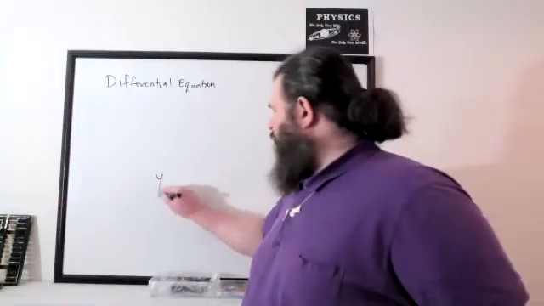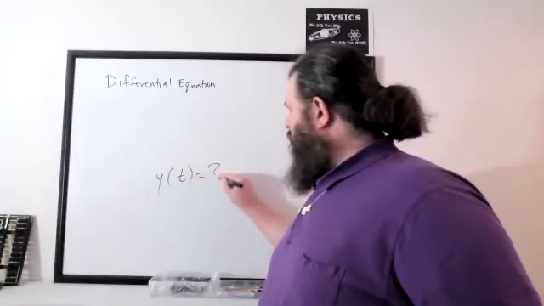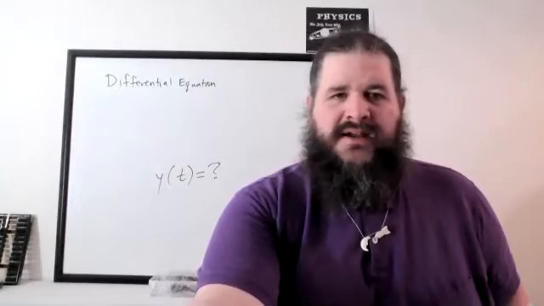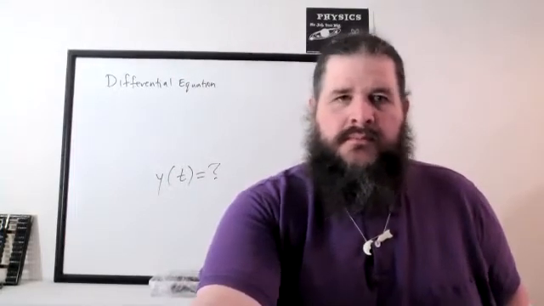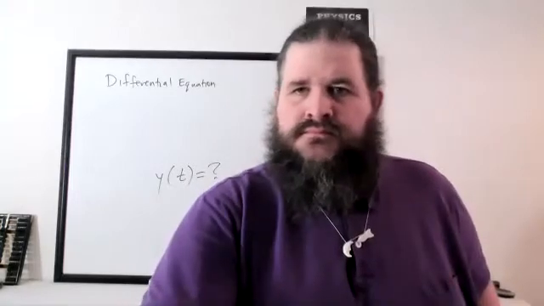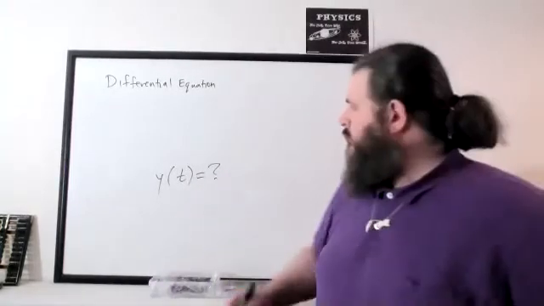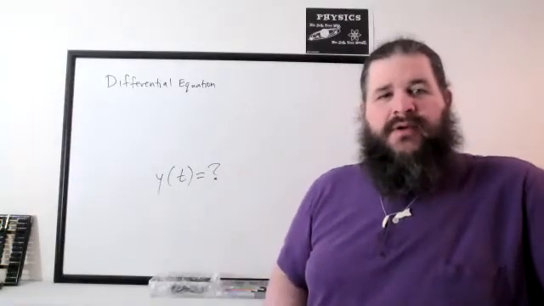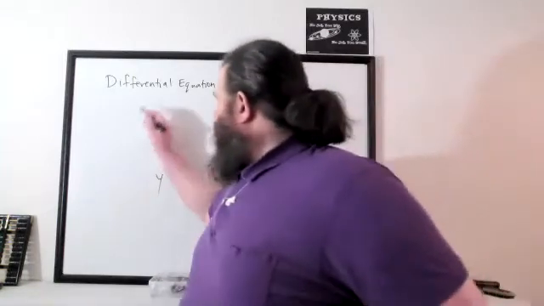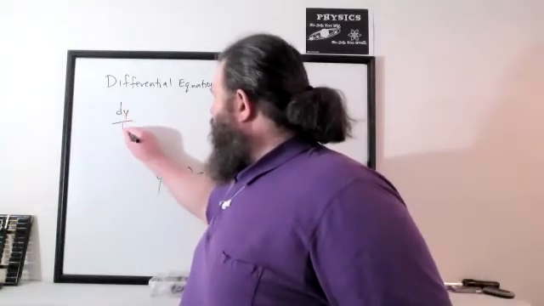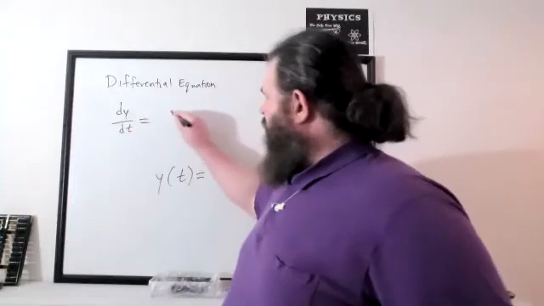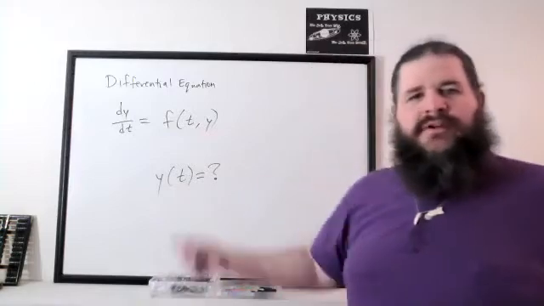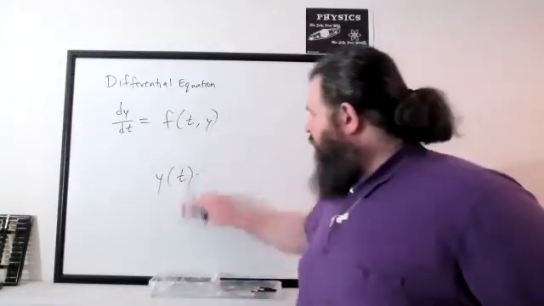Maybe we've got some function y of t, and we don't know what it is. Some unknown function y of t, but we know something about its derivative. Maybe we know that dy dt equals something, usually written as a function of t and y. And that function of t and y could be anything. Maybe we have, for instance,